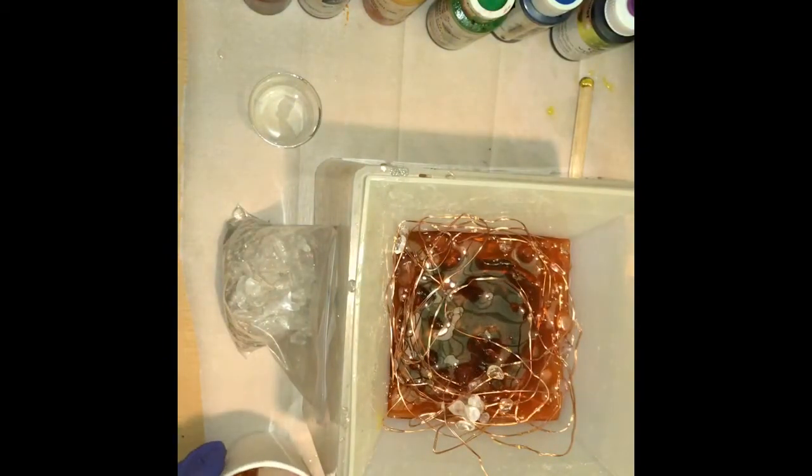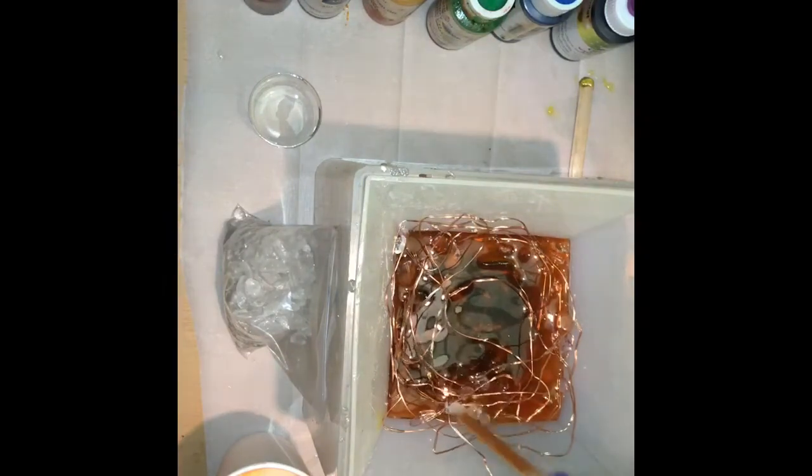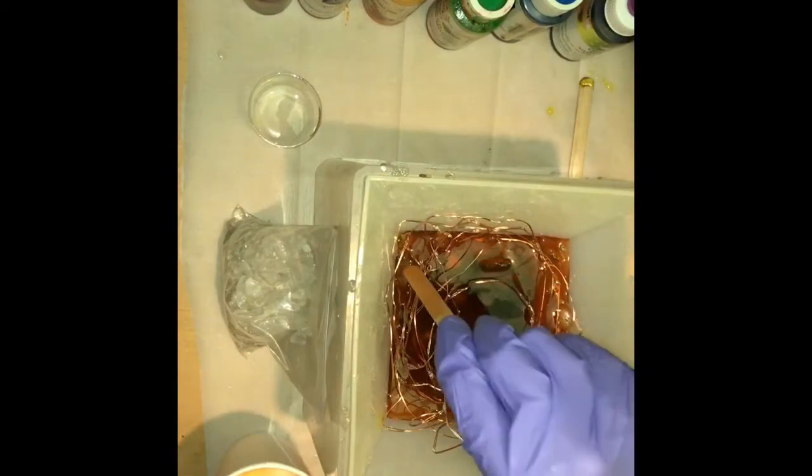So I poured about 50 grams of crystals in this layer, and I'm just poking them down into the resin, making sure that they stay contained within their layer. Perfect. And I also want to clarify, when I did the hardening drops for this layer, for 3 ounces, I